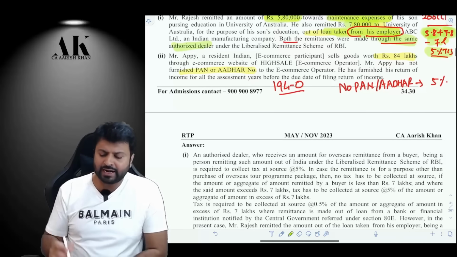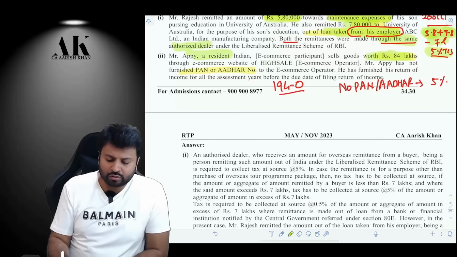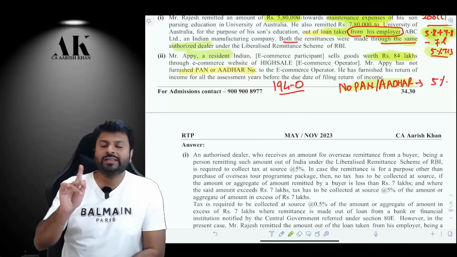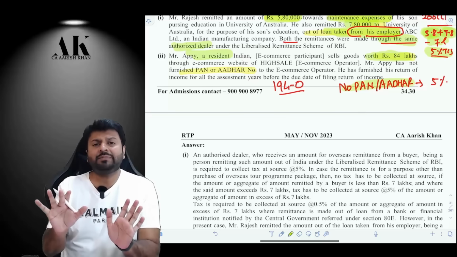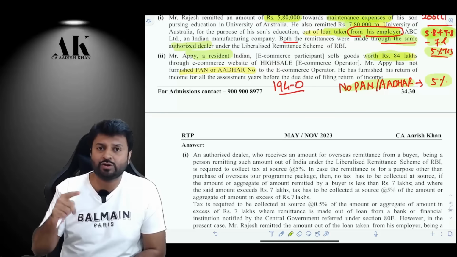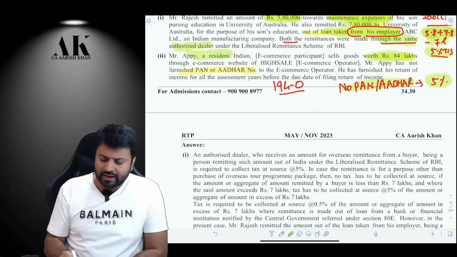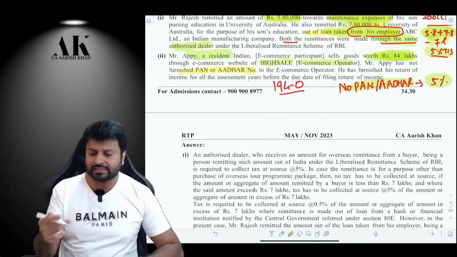Second is a case of 194O, that is the Amazon case. Amazon, and there is a resident seller. The resident seller has sold goods worth rupees 84 lakhs through Amazon, but the resident seller is not ready to give what? PAN and Aadhaar. So in case the PAN and Aadhaar are not given, you are generally liable to deduct TDS at 20%. But in this case, and in 194Q, these are the two sections in which if the PAN or Aadhaar is not given, you are supposed to deduct TDS only at 5%. So here the e-commerce operator will deduct TDS at the rate of 5% of 84 lakhs, whatever amount that comes to.